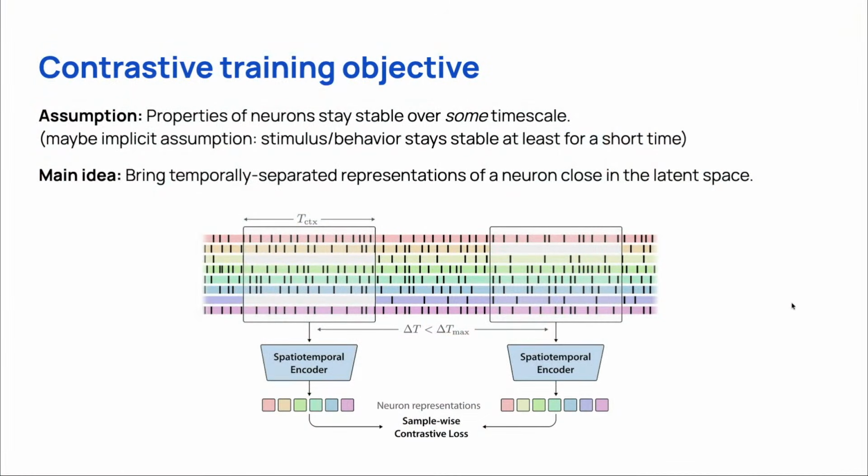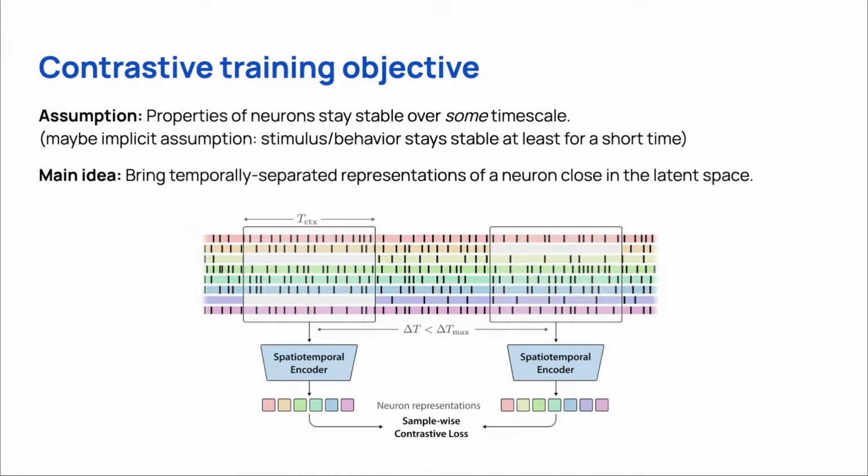So what do we do? We take a long recording, select 2 different context windows randomly from the recording, and then pass them through our encoder. We use a set transformer without position encoding. This allows us to pass in any population of neurons without any particular ordering, which is a key thing we want to be able to do on a held-out animal at test time. So first we pass this chunk through our encoder. We do end up masking out some of the neurons, so the model doesn't learn to focus on only one of its neighbors and can learn a more distributed relationship.